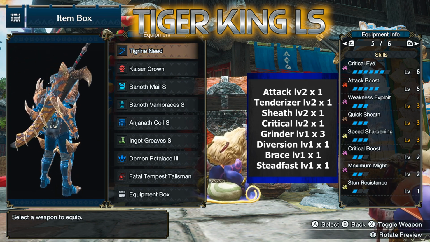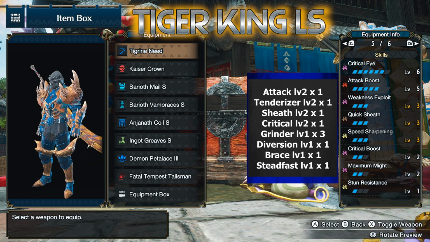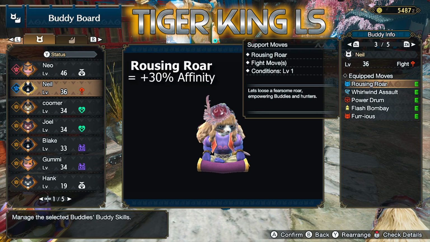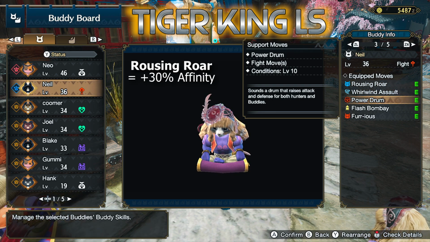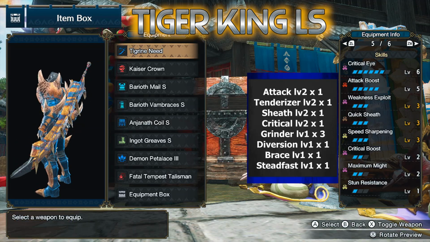The other version you'll probably see around loses attack for max crit eye and level 3 maximum might with level 3 crit boost. However, it is 1 point behind compared to my setup. Also, using a Palico with Rousing Roar and Power Drum, my attack setup blows the other out the water, as Rousing Roar gives you 30% affinity, whereas a full affinity build already caps out, so there's no chance for further